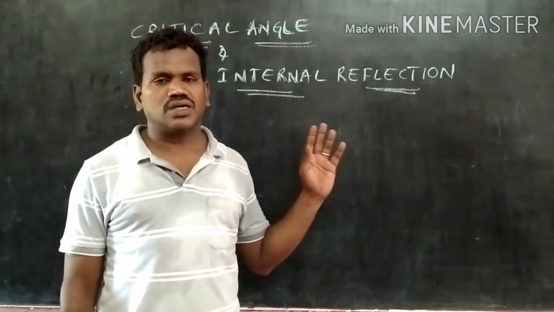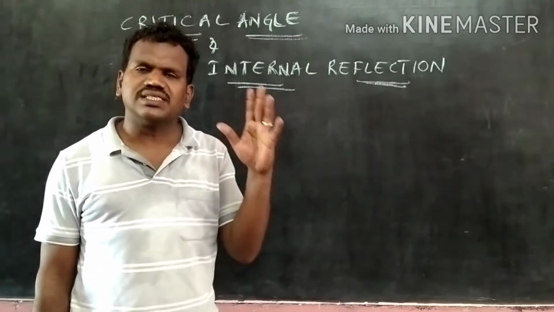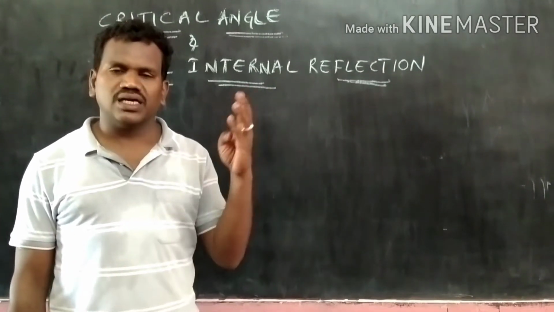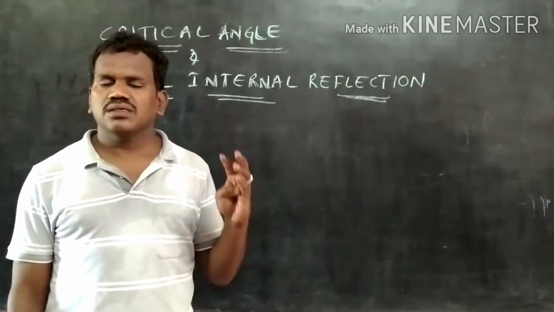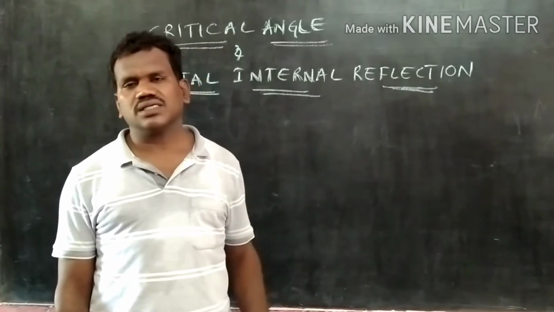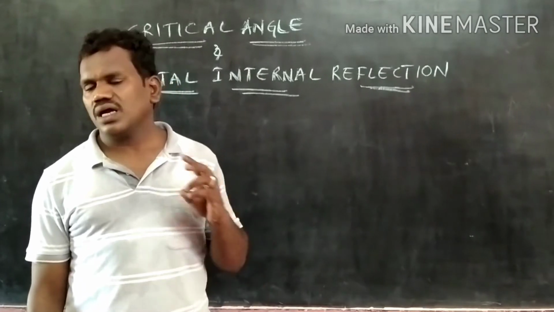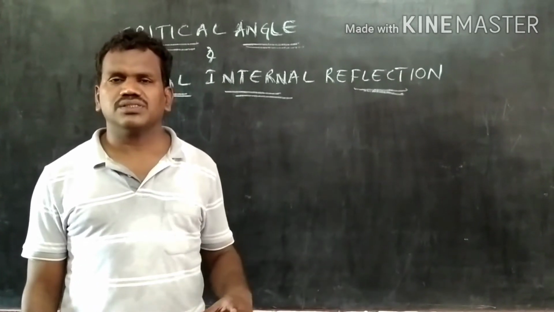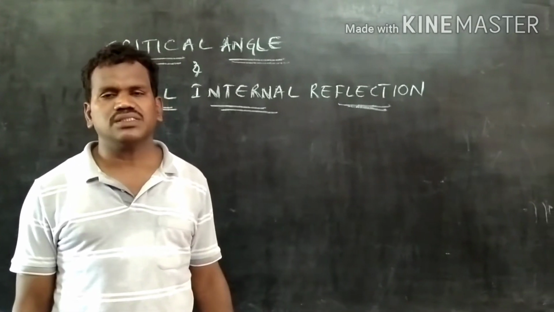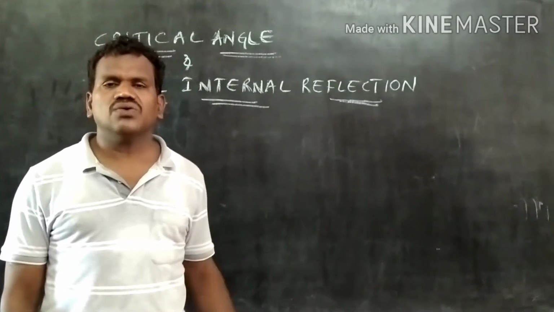For that purpose, we are going to do an activity, and for that activity we are going to use the same apparatus we used in the case of Snell's law. That is a protractor circle, next a semicircular glass slab, protractor, scale, pencil, white paper and the remaining things. We should draw the circle, and at the center of the circle we should place the semicircular glass slab. Now observe the activity that we did.